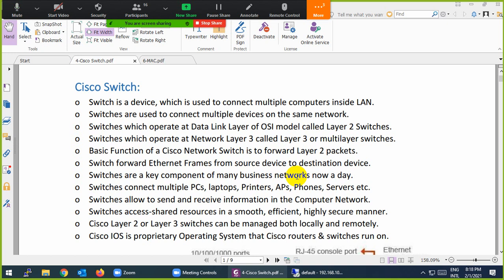Cisco switch. So what is a switch? Basically, a switch is a device which connects same-network devices. It's the opposite of a router. A router is a device to connect different networks, but a Cisco switch is used to connect same-network